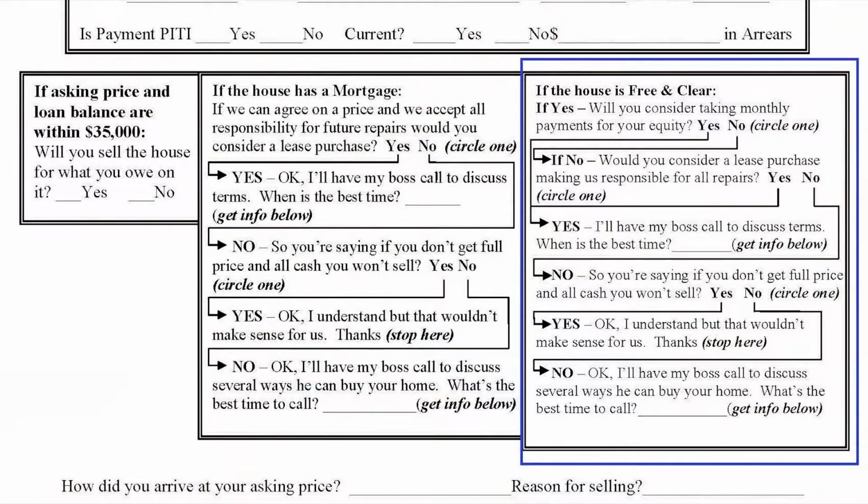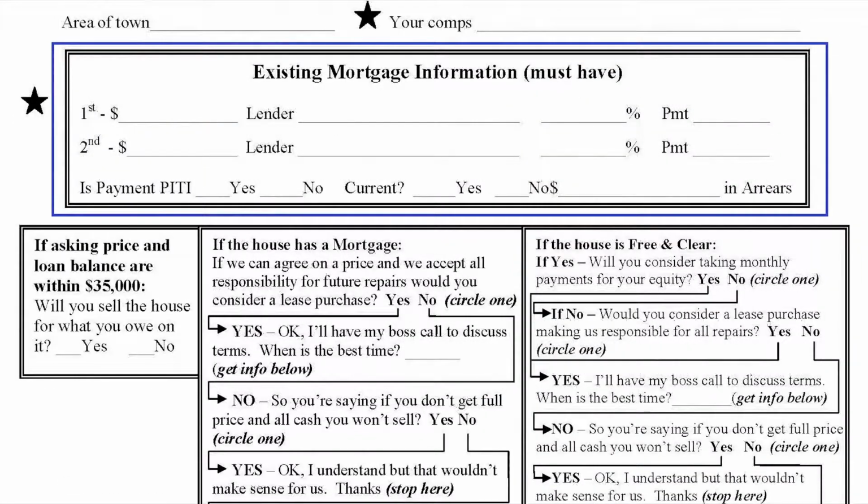If you look in the middle of the sheet, over to the right, you'll see where the script is in one of the boxes. It says, if the house is free and clear, say these words. Now, we know it's free and clear because right above that in the box, you'll see it's 0. When they ask what the loan amount is, it says 0. And you'd be surprised to know that about 1/3 of all the houses we call nationwide are free and clear. Actually, that number is rising a little bit as time goes on. So about 1/3 of the market is free and clear.